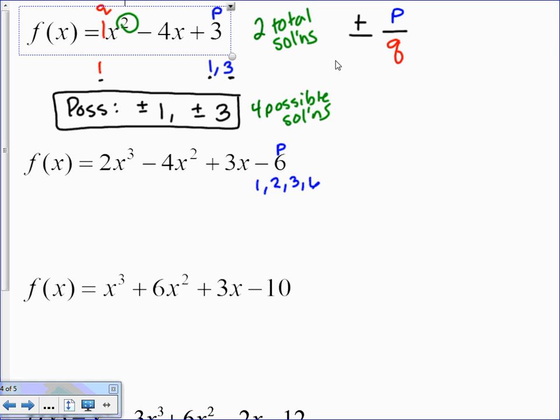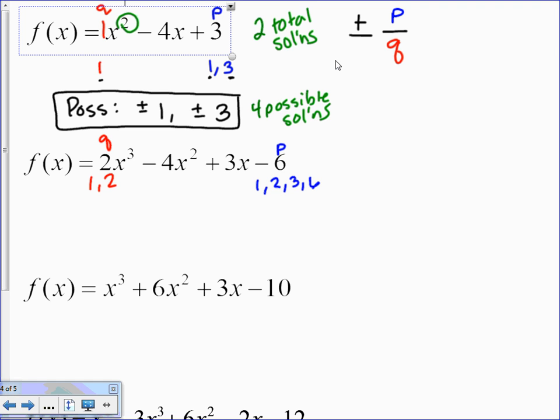Now I'm going to go grab my q's, which are factors of my leading coefficient. What are factors of my leading coefficient? 1 and 2. So this means I have extra work. Now I have to take all my p's, 1, 2, 3, 6, and put them over the first factor of my leading coefficient, which is 1. So 1 over 1, 2 over 1, 3 over 1, 6 over 1, and they're all just going to be